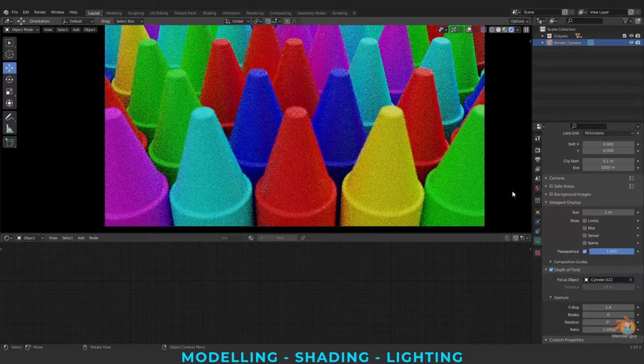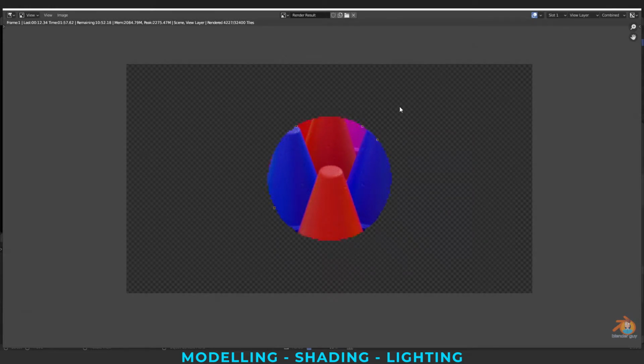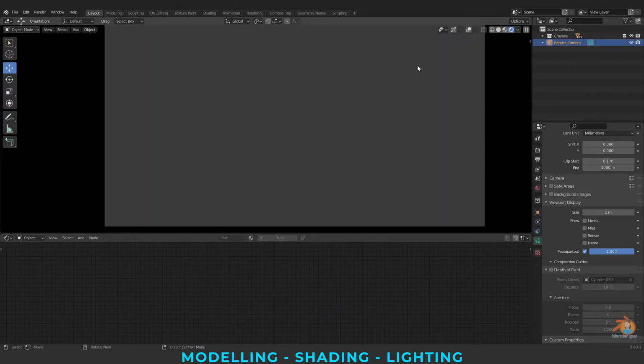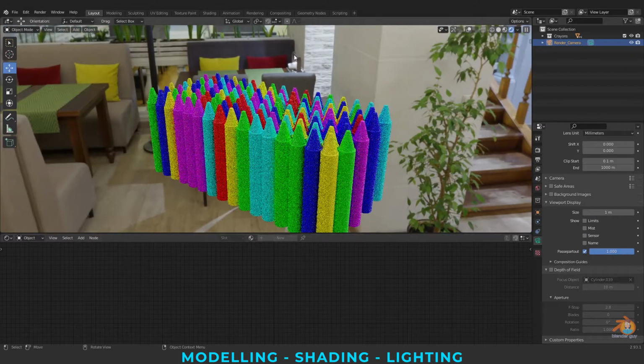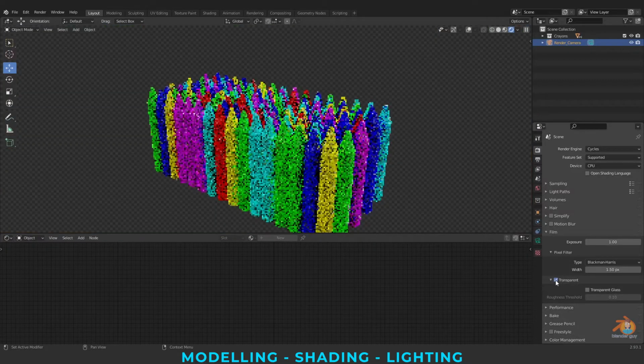Let's quickly render and check the output. For rendering, I'm pressing F12. I'm cancelling the render and removing the depth of field as well. I just want to add light from sides so that it looks very dynamic. So if you want to switch off the HDRI in the viewport, you need to go to scene in the film, you make it transparent.